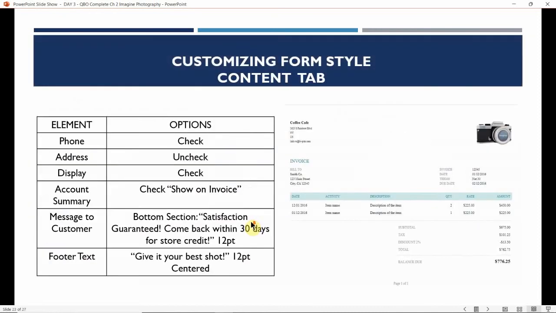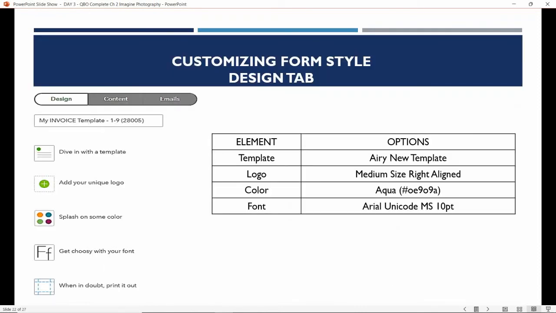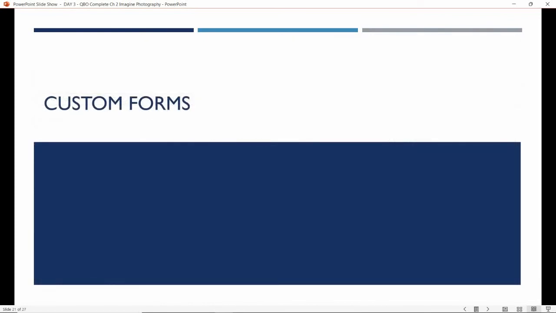Okay. So today we're going to do the last section, which is to complete custom forms, okay? So this is very important that you should set up prior to making a sale, okay? Because the one thing about a business is you want to set yourself apart. You want to make yourself unique in terms of if I'm going to be sending out and mailing out invoices, right? Oftentimes, a lot of people use the standard Intuit basic